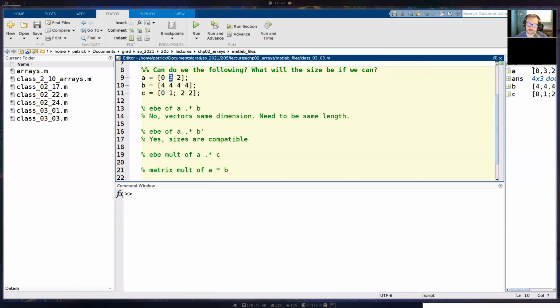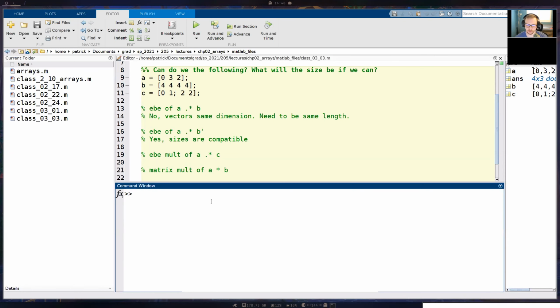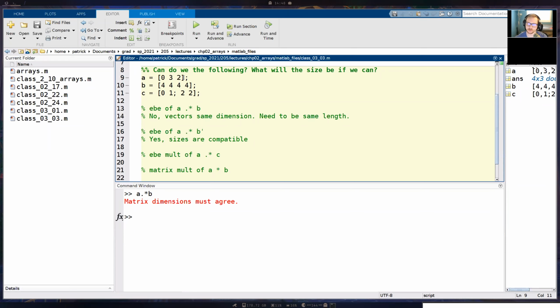Then the second index in A by the second index in B. Good. Then the third index in A by the third index in B. Still good. Now MATLAB looks for the fourth index in A to multiply with the fourth index in B, but there's no fourth index in A, so MATLAB can't do this operation. If we try A times B, element by element, we can't do that because, as it currently stands, there's nothing there.